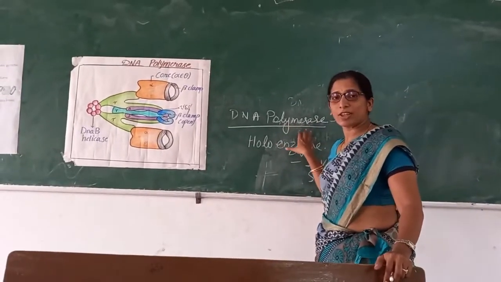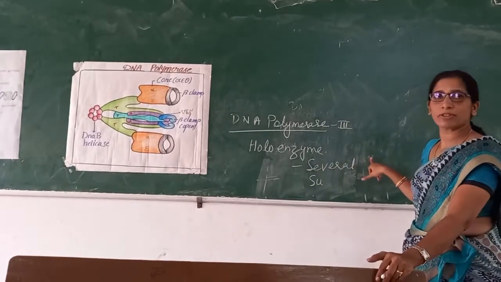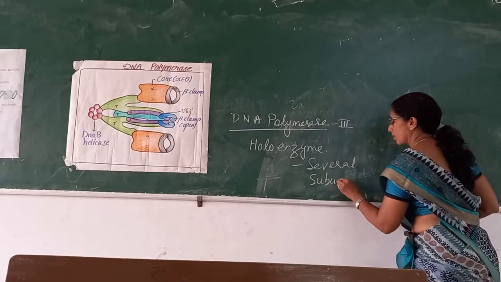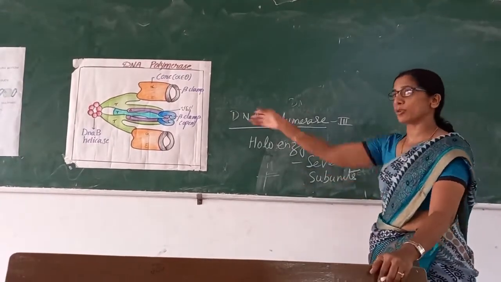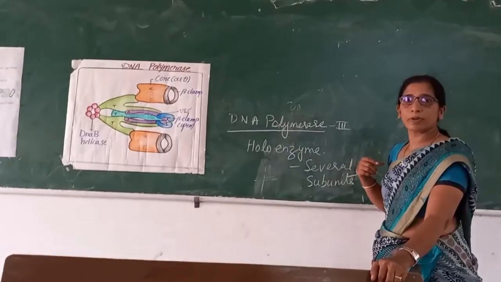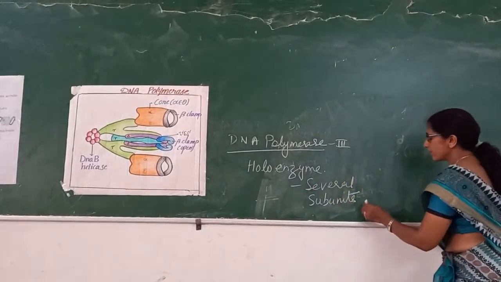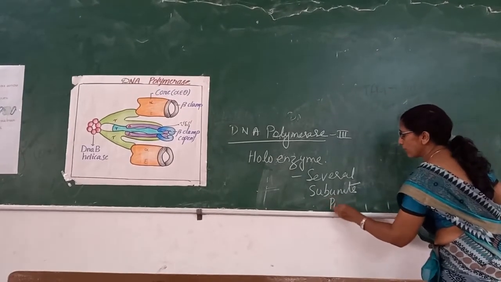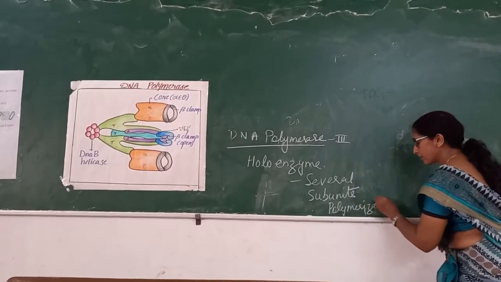Polymerase 3 is a huge enzyme, which you are calling a holoenzyme because it carries several subunits. Yesterday we discussed that its polymerization rate is very high,